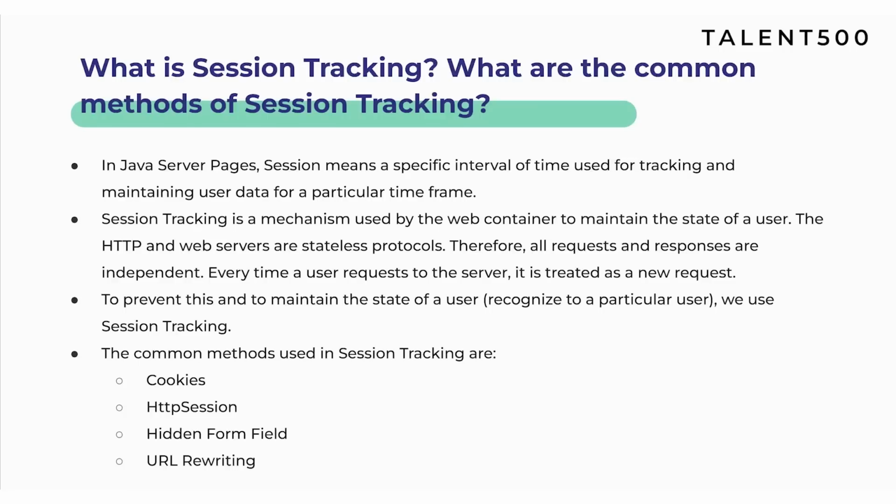Now, every time you make a request to the server, you call the authentication service, or maybe you're on an e-commerce website trying to call the payment service. Every time you make a network request, it will be treated as a new request because responses and requests are independent. Therefore, in order to maintain the state of the user, session tracking is used. In simple terms, session tracking is used to recognize if the request is made by the current user or not, or is the user the same for both requests that come to the server.